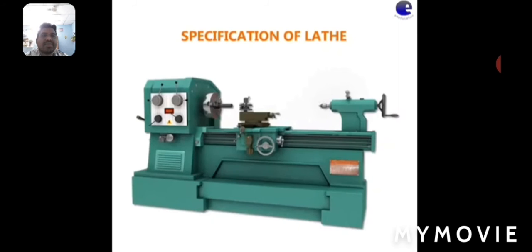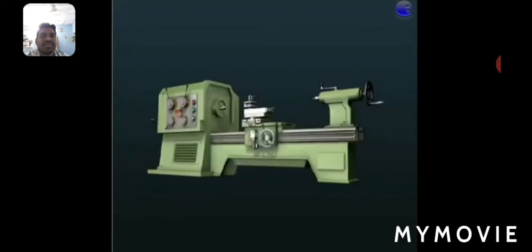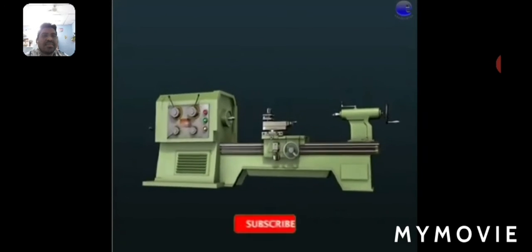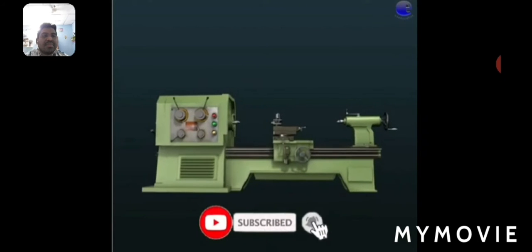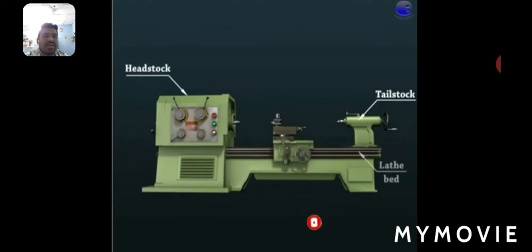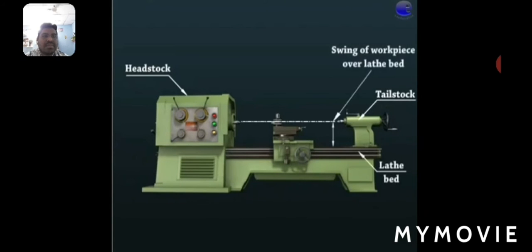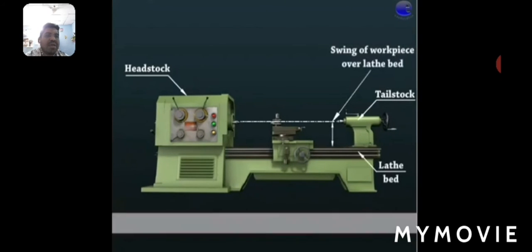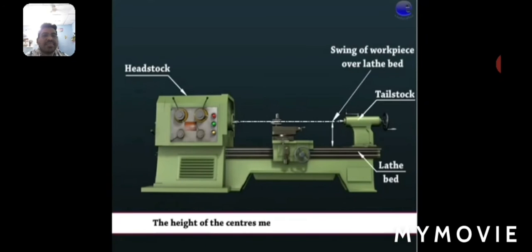Specifications: headstock, tailstock, lathe bed. Swing of workpiece over the lathe bed. The height of the center measured over the lathe bed.